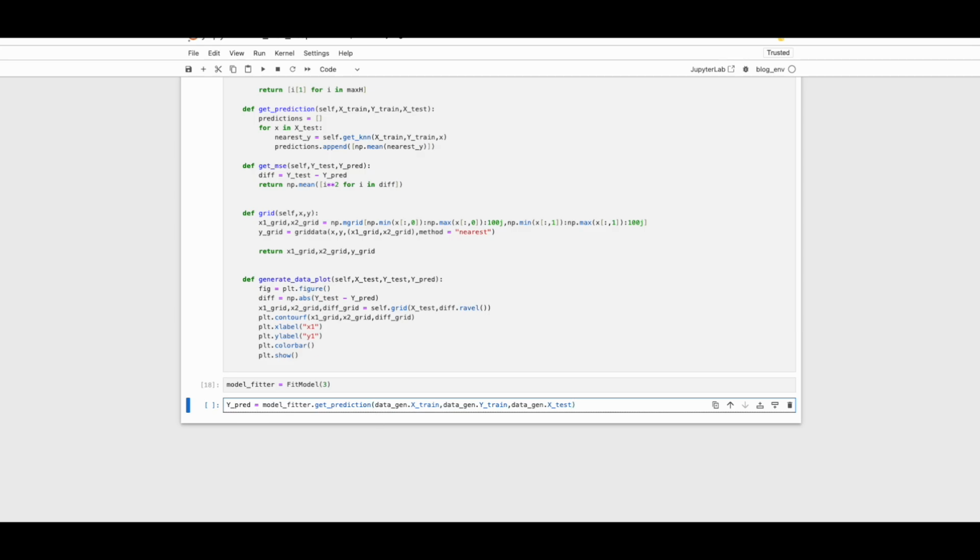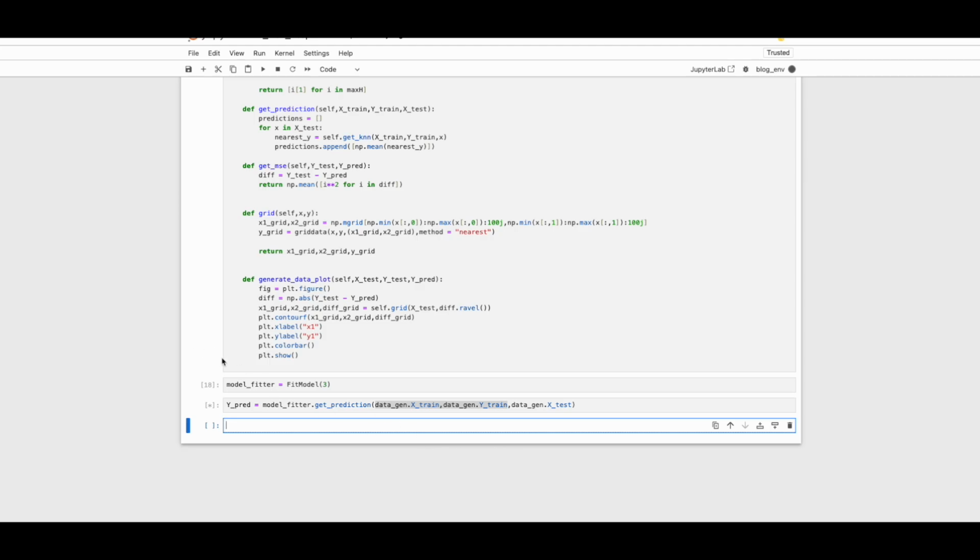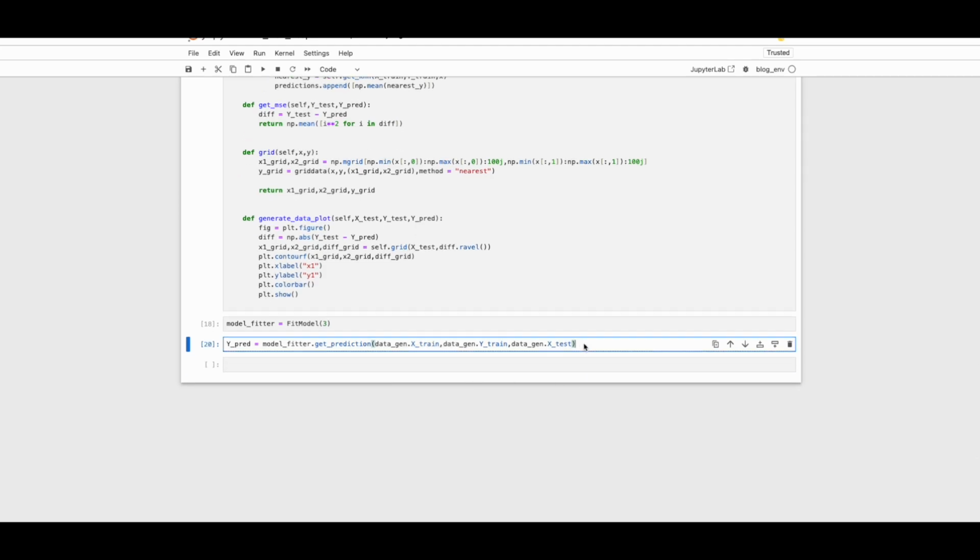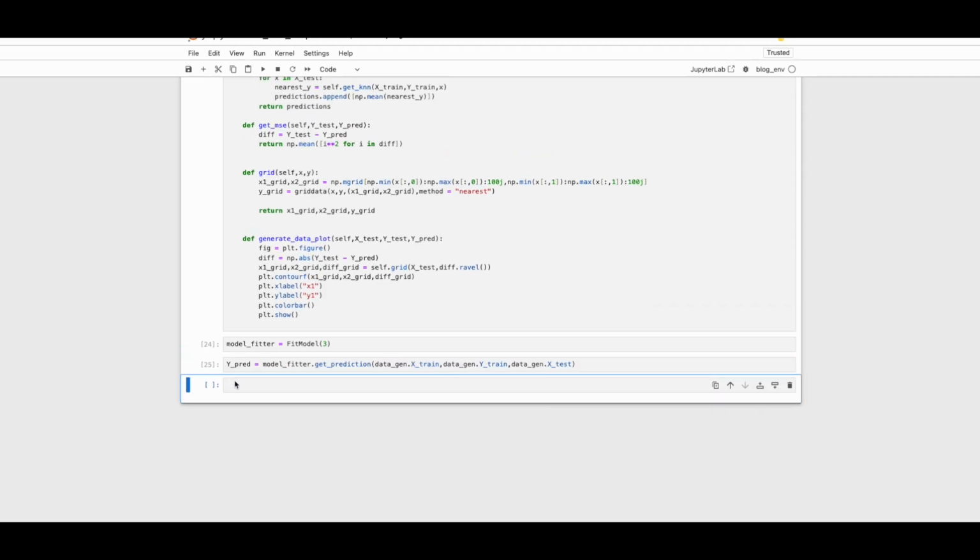We would do that with the help of the get prediction function. I'll just copy paste that here. This get prediction function takes as input the training points and the features corresponding to the testing points. Once we run this, we'll have the predictions at these test points. The next step would be to plot the errors we are getting from this approximation, and we would do that with the help of